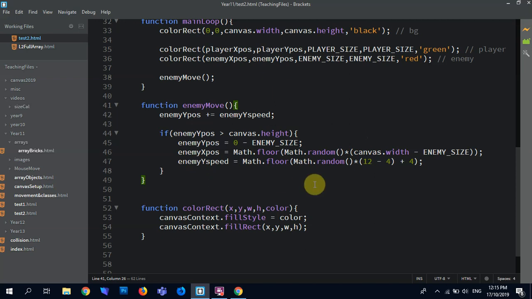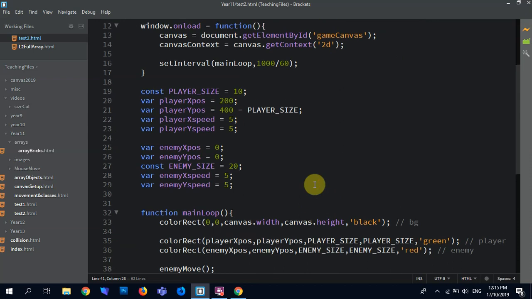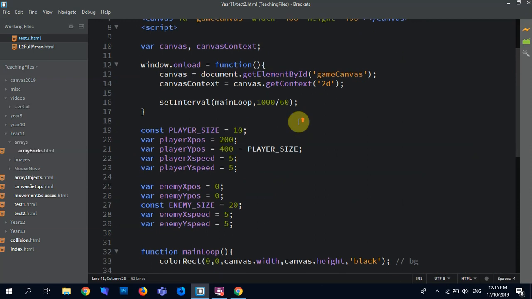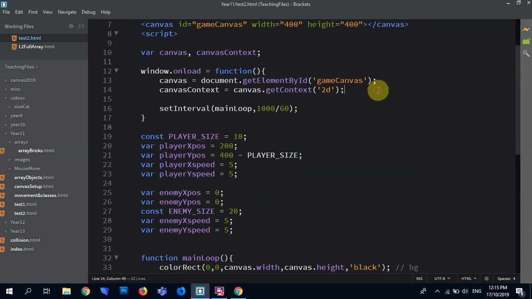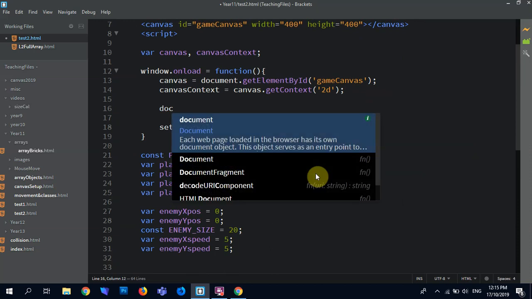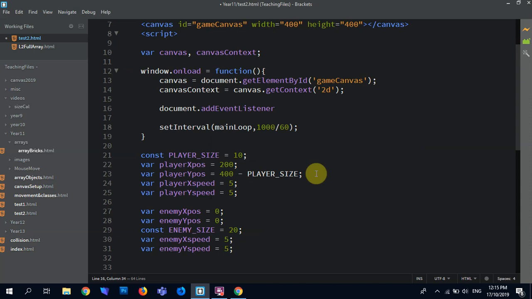Picking up where we left off, we were going to get the player moving. Oh, okay, we'll do player key movement. That's fine, it's pretty straightforward. So we need to do document.addEventListener, not s, addEventListener,